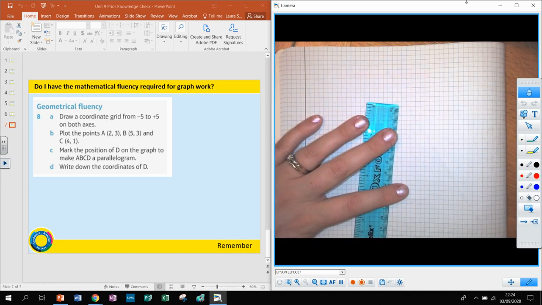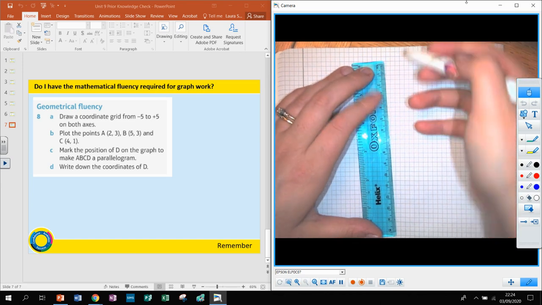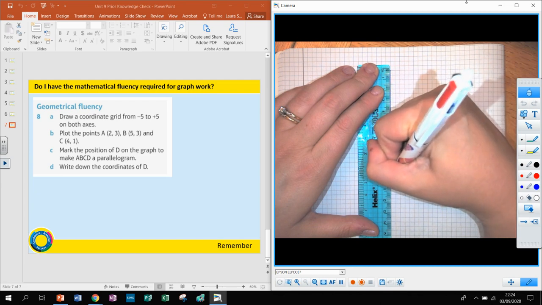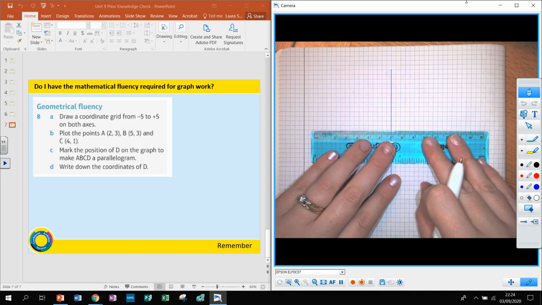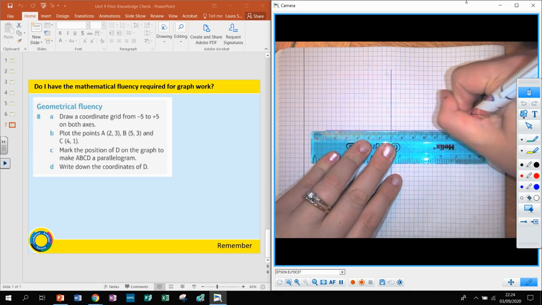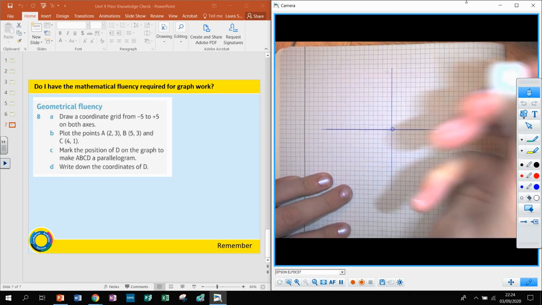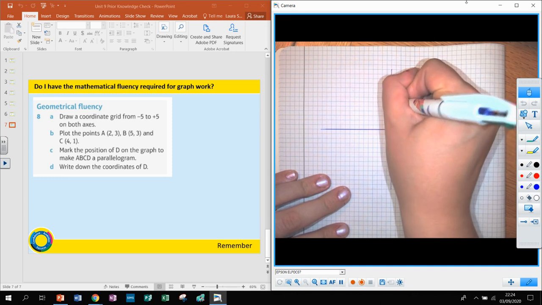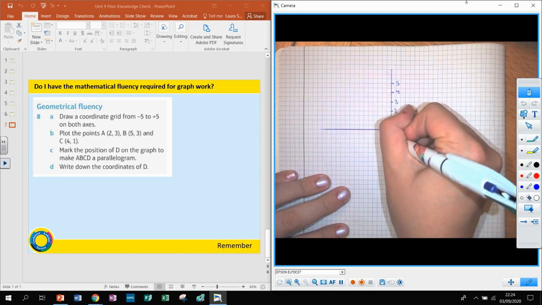Right, so let's take a look. They've said to draw a coordinate grid from -5 to 5 on both axes. That means that this is one with 4 quadrants. Okay, so let's get that done. So that you can see better, I'm probably going to double up my squares for you, okay? These ones are quite small. All right, so origin 0, and I'm going to double the squares, so 1, 2, 3, 4, 5, and then